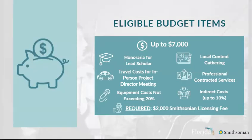Applicants may request up to $7,000 of funding. $2,000 of funding is a required allocation for the Smithsonian licensing fee for the exhibition content. The remainder of the funding may be allocated for honoraria for a local lead scholar to research and write exhibition content, travel costs for the in-person project director meeting,